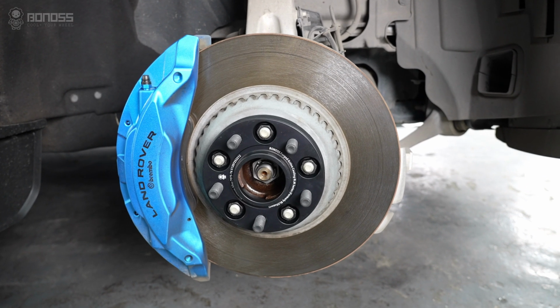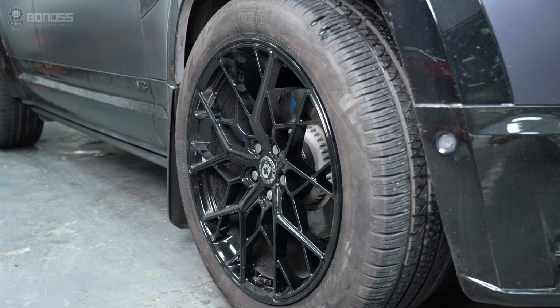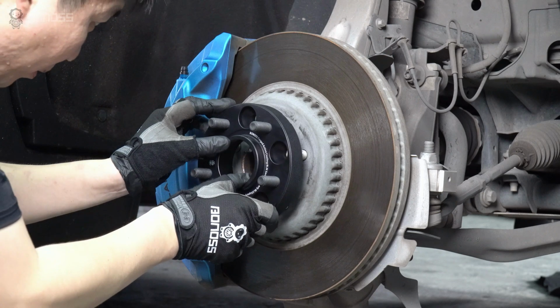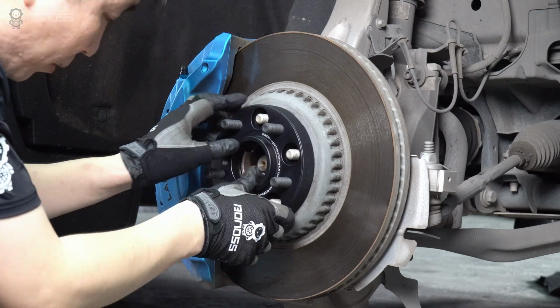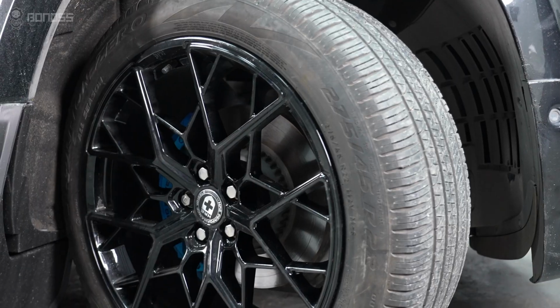Do wheel spacers affect ride quality? Many people want to know if installing wheel spacers will negatively impact the car's incredible handling and ride quality. The good news is that installing properly fitted, high-quality wheel spacers on your vehicle will not harm the handling, ride comfort,